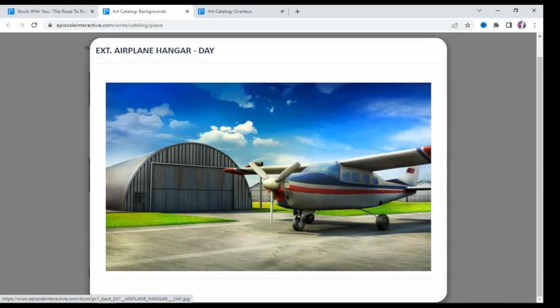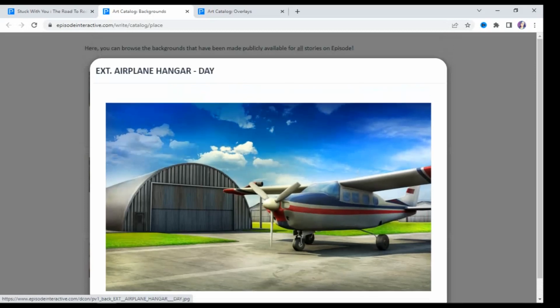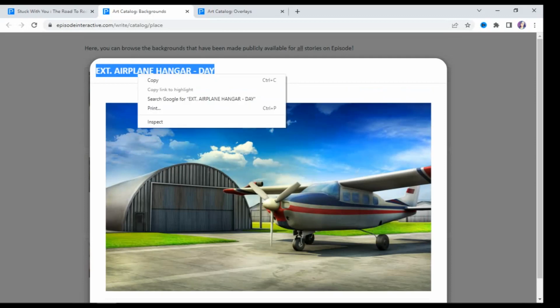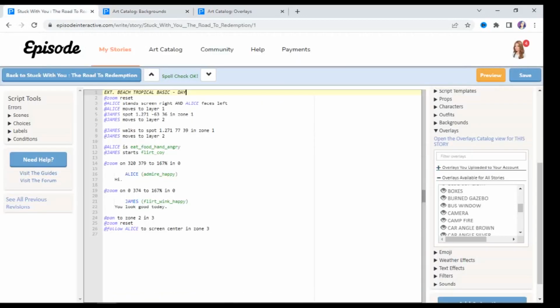But this is not how we're going to insert it into our stories. We cannot insert images into code. So what we do instead is copy the name of the image, or rather the name of the background that we want to use. You highlight it, right click, go to copy, go back to your script, and then you can paste it in wherever that scene is going to